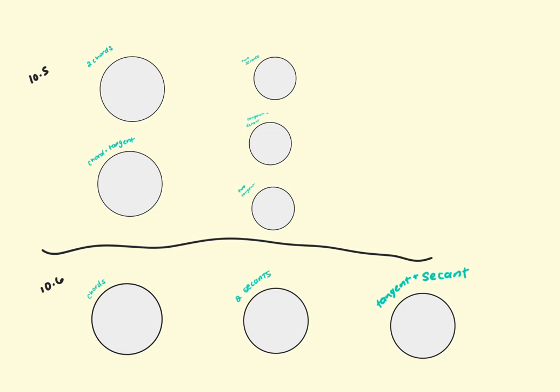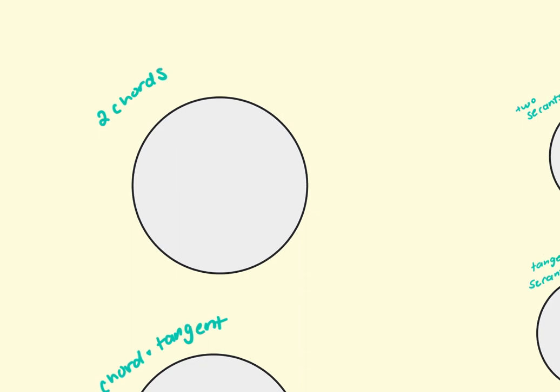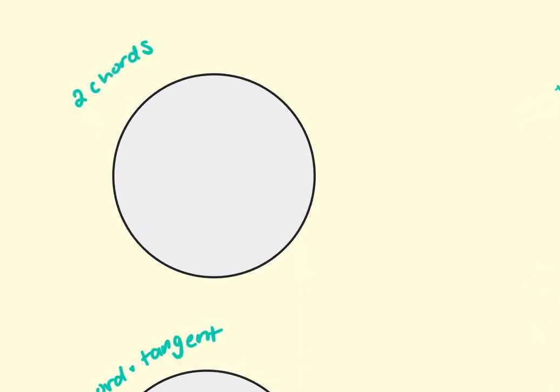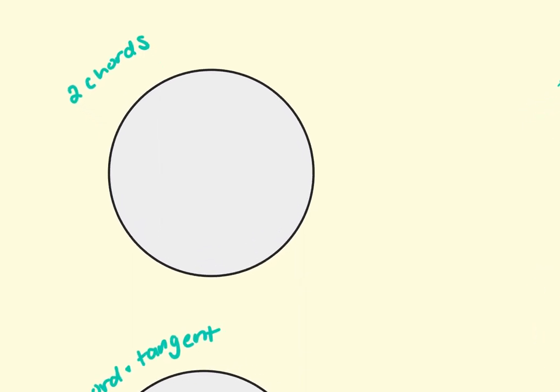So in 10.5, this was all the angle stuff, and then in 10.6, we got into all the lengths of stuff. There's obviously the prior knowledge, like you need to know what a central angle is, what an inscribed angle is, all that stuff comes from before this. But in 10.5, we learned about a couple of different angle relationships. So if I had two chords, and this is like your floating angle one, if I had two chords,